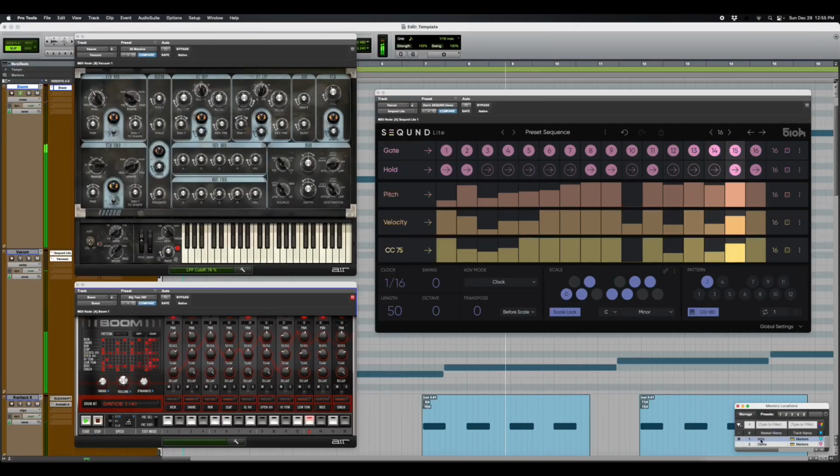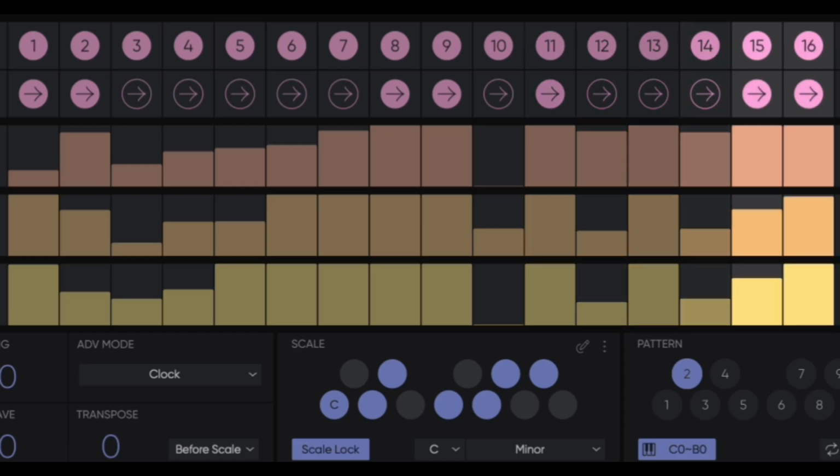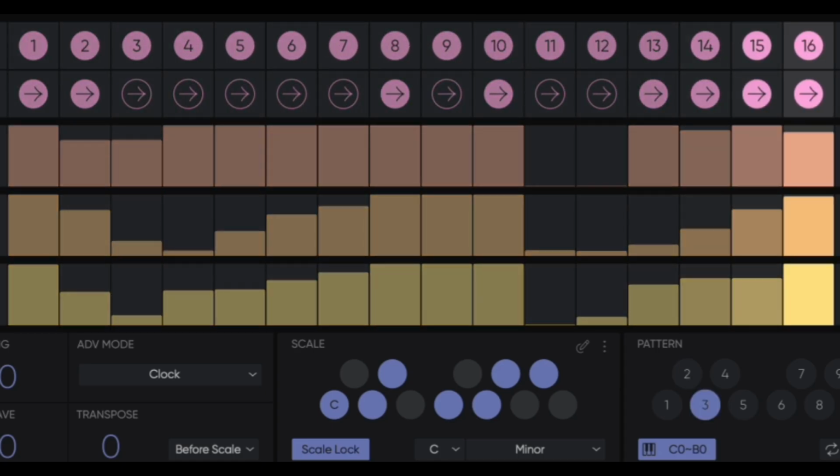All right, so the next 2 things I want to talk about are the 2 new MIDI effects plugins made available in the 2024.10 update. The first one I want to talk about is the Second Light sequencer. This is a lot of fun. This is a 16-step sequencer